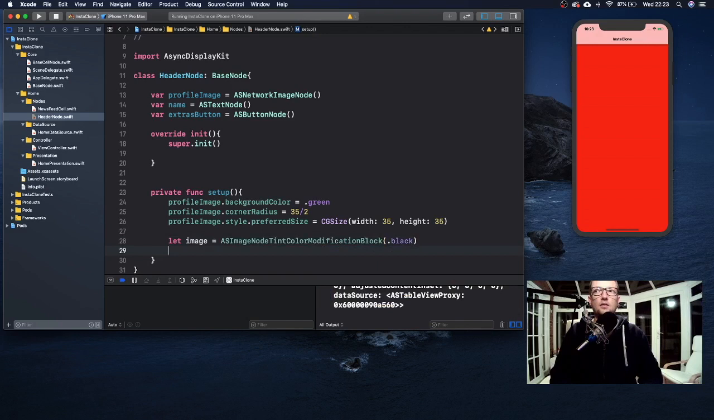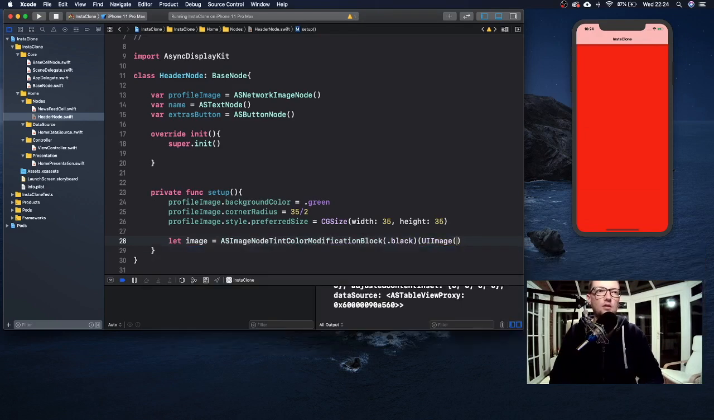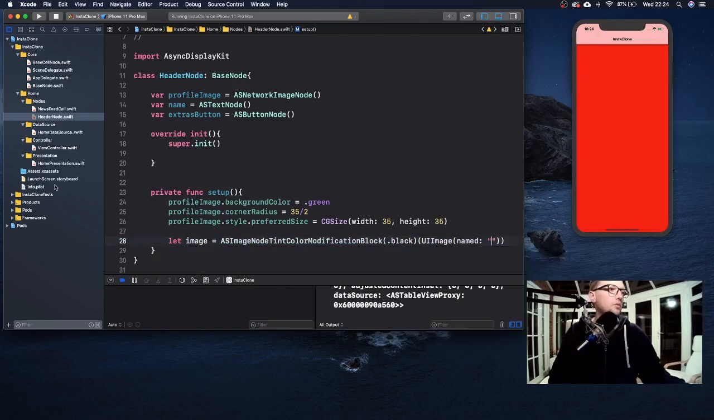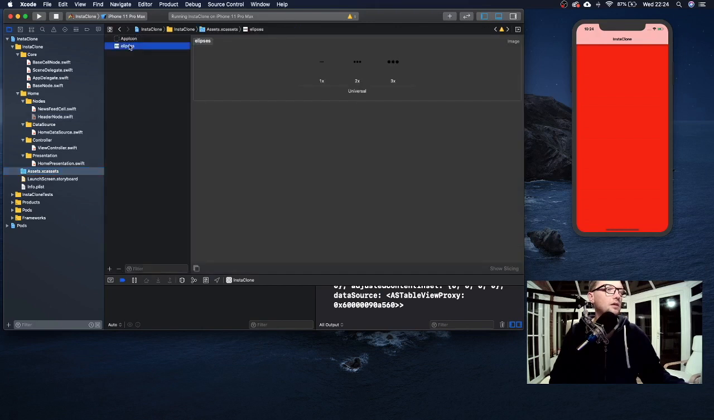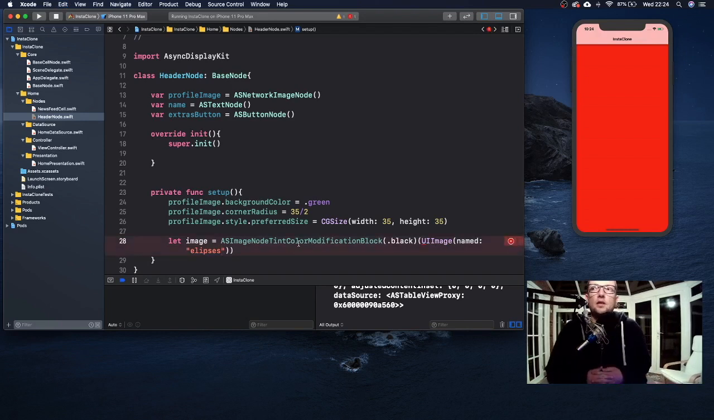And then the other thing we need to do is open and close braces, and this is going to be UIImage. We need to tell it what image we want to be black, so that's going to be UIImage, and then initialize that with name, like so, and then whatever we called it in our assets folder, like so. So basically this ASImage tint color modification block is a